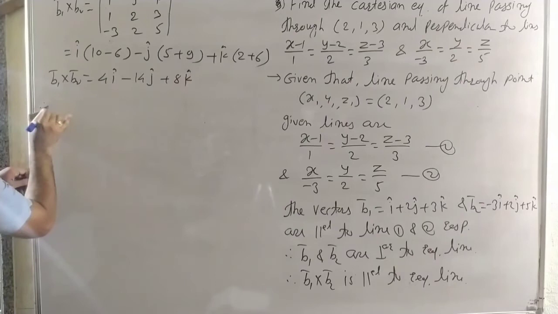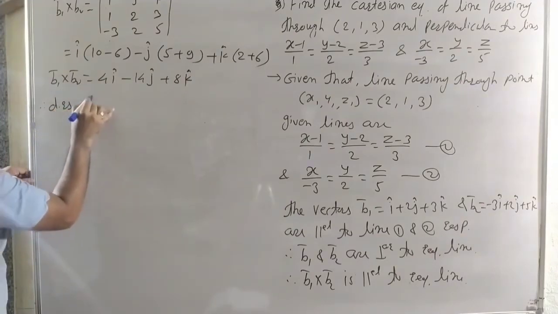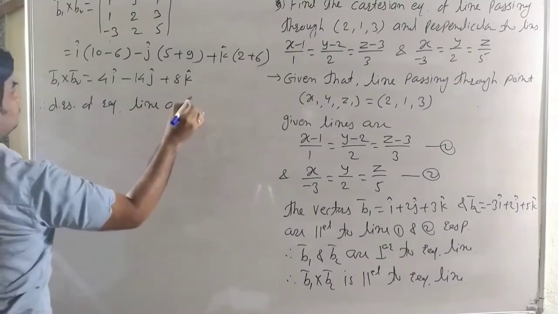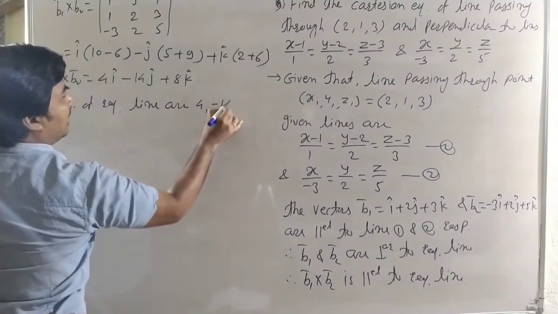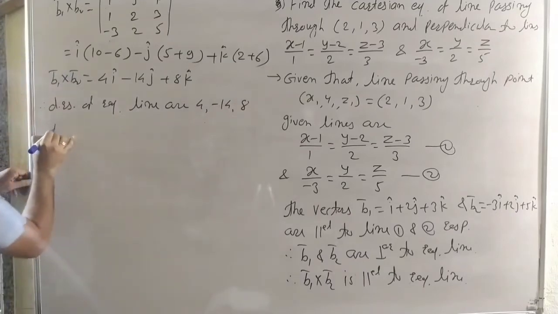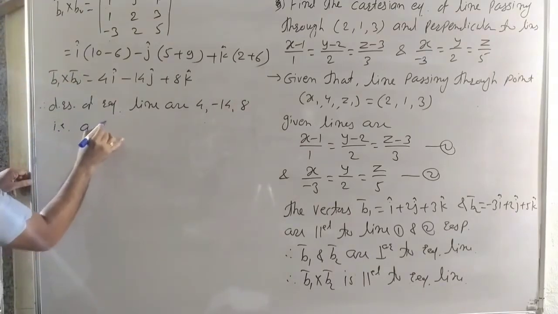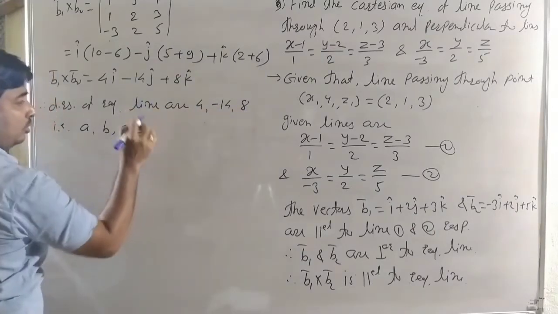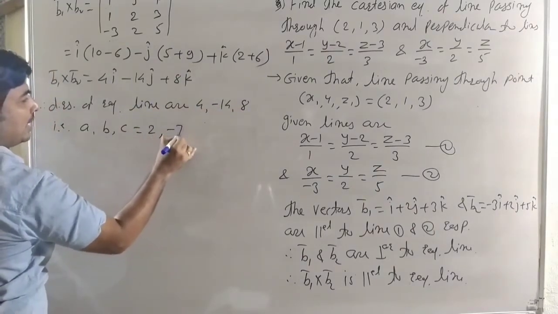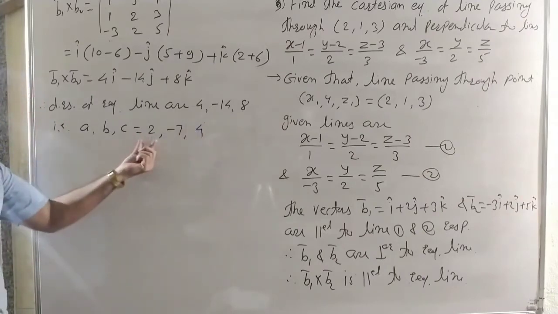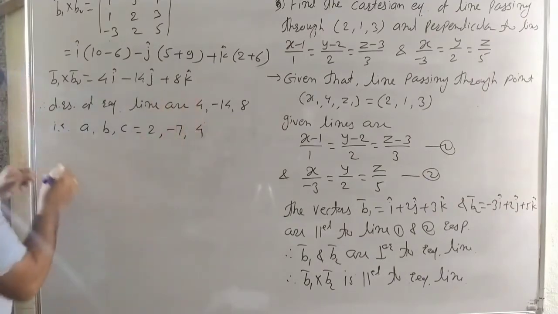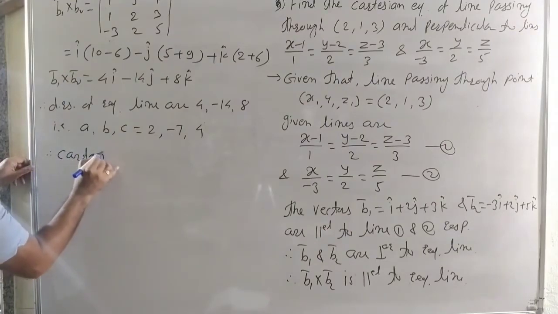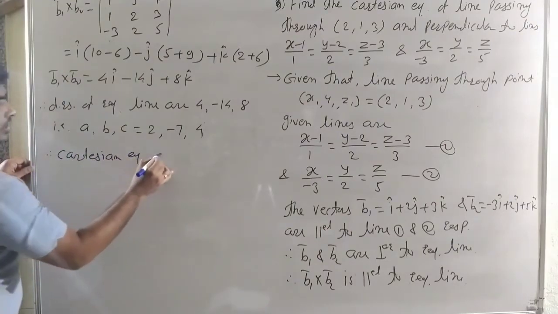Okay, therefore the direction ratios of the required line are 4, minus 14, 8. That is, a, b and c are here 4, minus 14 and 8. We take 2 common, therefore 2, minus 7 and 4 are the direction ratios of the required line, and therefore the Cartesian equation of the line